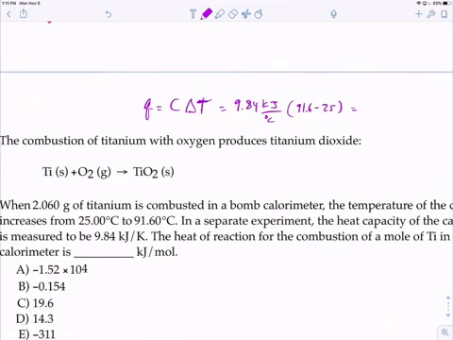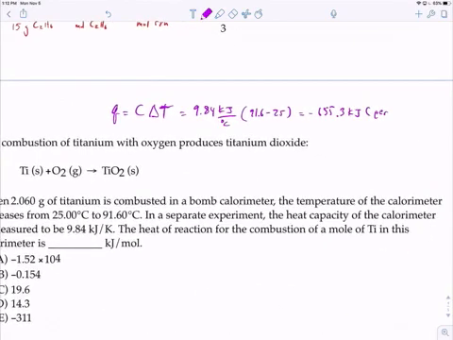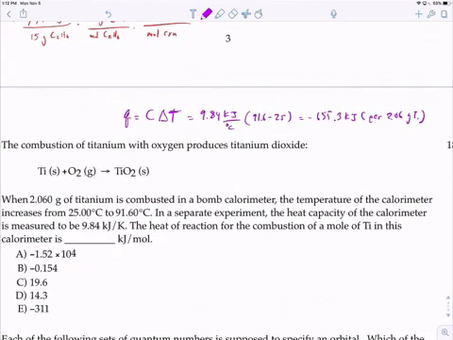And we get minus 655.3 kilojoules. And this is per 2.06 grams titanium. So now we have the minus, I'm getting from the fact that the energy is going up in the bomb calorimeter, which means that the reaction is exothermic. I guess strictly speaking here, I don't need the minus sign there, but the minus sign now comes out, 655.3 kilojoules per